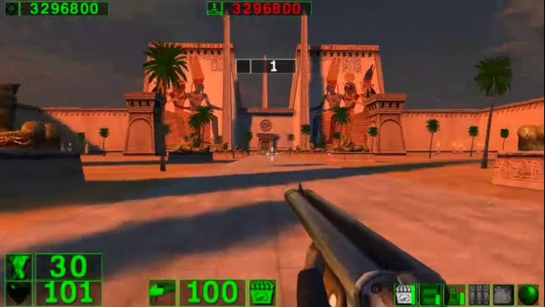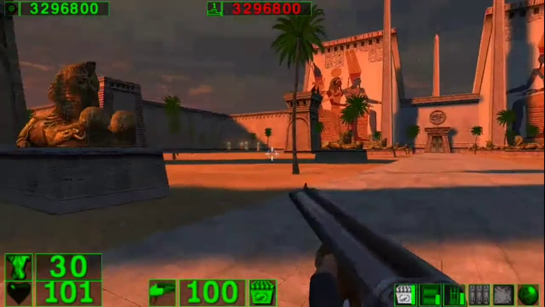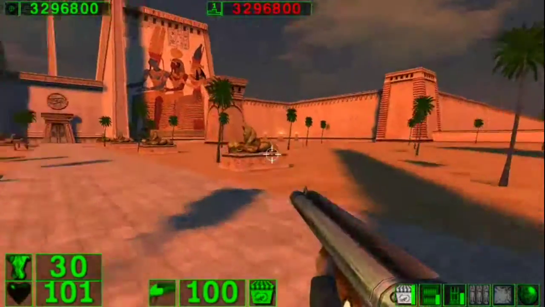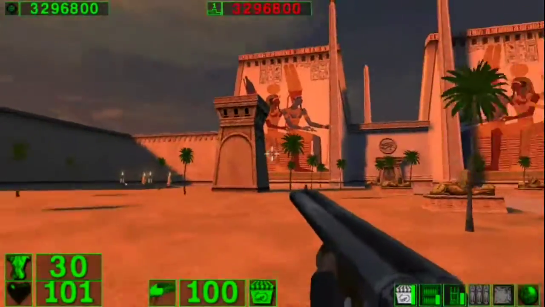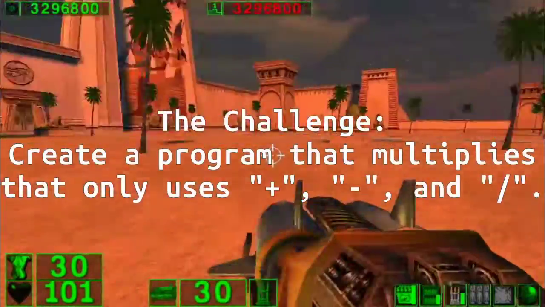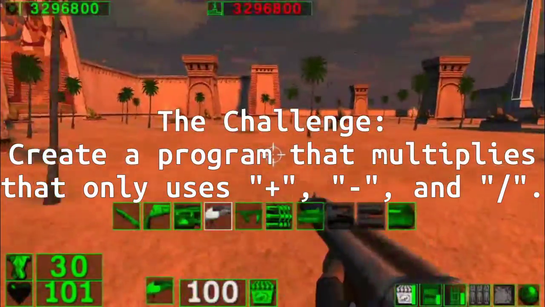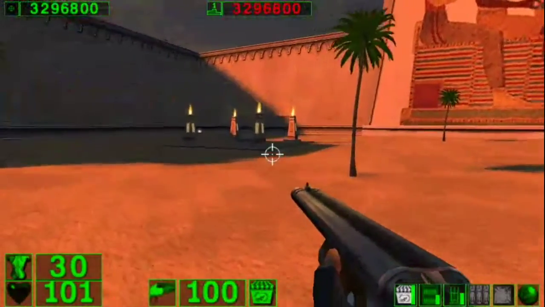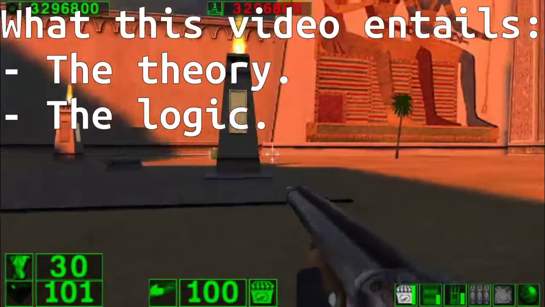Before the writing of this script, my attention was brought to a computer science challenge commonly given towards novice students, that being to perform multiplication with two integers without using the multiplication operator. That is to say that a program which performs multiplication only using division, subtraction, and addition was to be made. This video will be me walking you through the theory behind it, the logic of the program, and then the